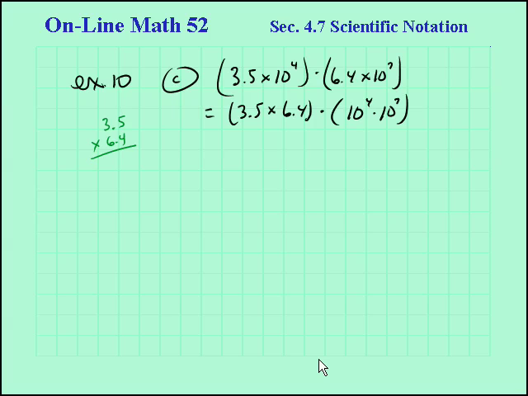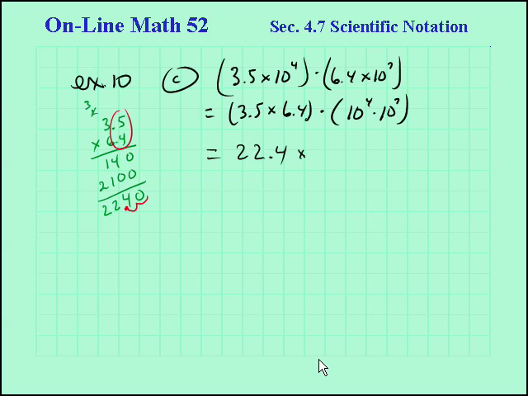We'll worry about the decimals in a moment. 5 times 4 is 20, so 0, carry the 2. 3 times 4 is 12 plus 2 is 14. Bring down a 0. 5 times 6 is 30, so that's 0, carry the 3. 3 times 6 is 18, plus 3 is 21. And we get 2, 2, 4, 0. But because we have 2 decimal places, we get a decimal point right there: 22.40, or just 22.4